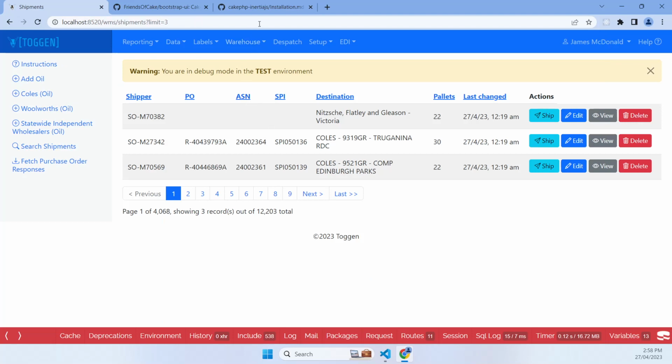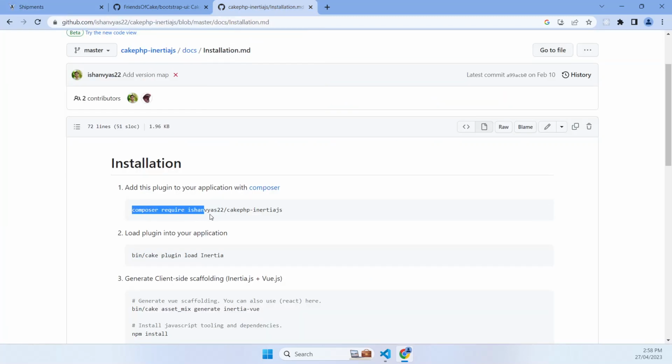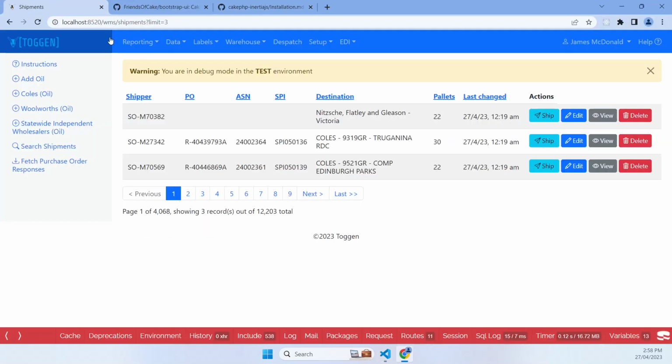using Inertia and React. So to get started, let's install Inertia. Now as we start to install Inertia, there's going to be problems that we're going to come up against. The problem that we're going to have to deal with is that this application is served from a subdirectory. So this WMS subdirectory is a little bit of an issue, because when we try to find assets, this is not part of the physical file system, so it gets confused as to where things are located,